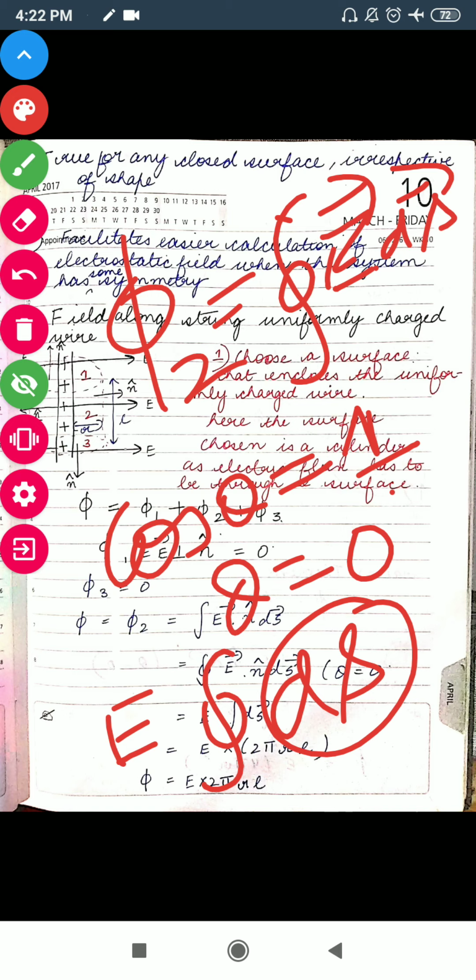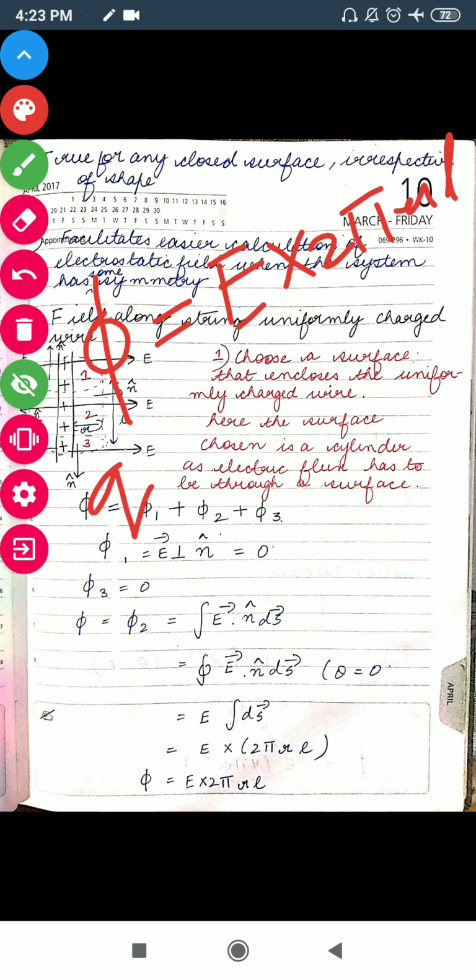Now where were we calculating this electric field? We were calculating it on the curved surface area of the cylinder. So in place of ds we put the value 2 pi r L, giving E into 2 pi r L. So the flux is E into 2 pi r L. As per Gauss law, flux can also be written as Q upon epsilon naught. Taking 2 pi r L to the other side, E is equal to 1 upon 2 pi r L times Q upon epsilon naught.